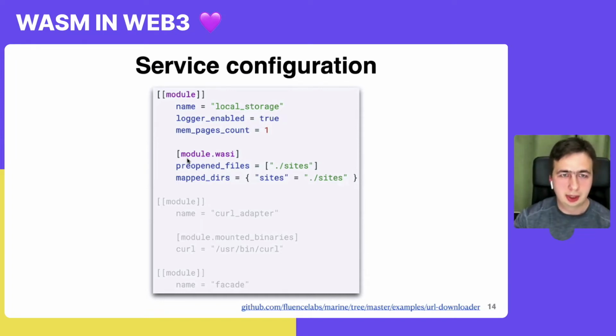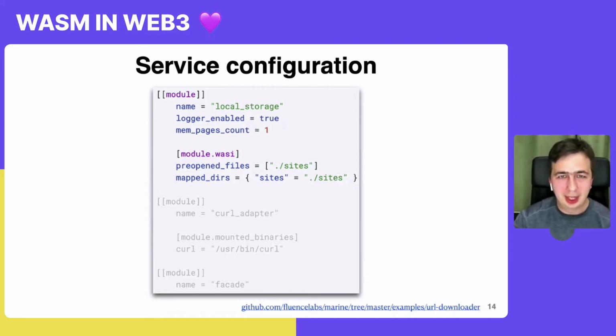And also the last setting here is mapped directories. With it, we could set which files and which directories could be accessible from this module. For example, here there is this directory that is located somewhere near the binary of the module, and also we could map it, we could make aliases for this directory to access it through aliases, but not through the whole